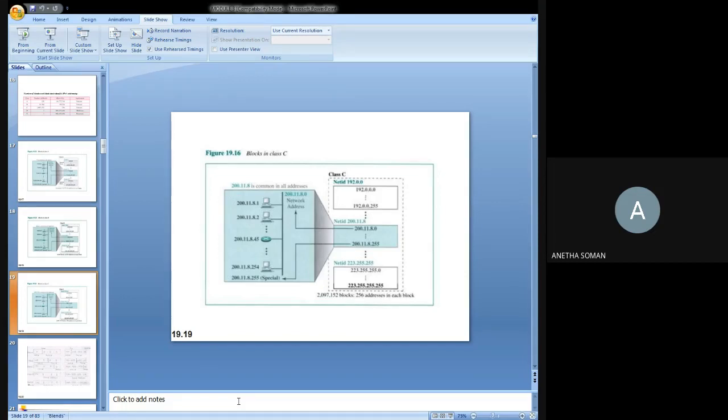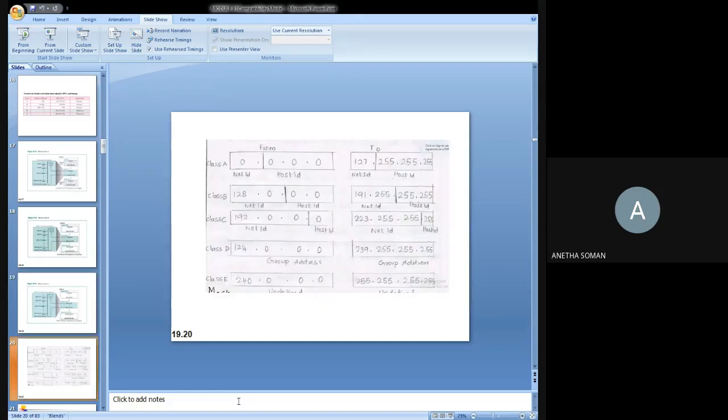So the organization should be small enough, and the addresses provided to each block are limited in this case. Okay, so many organizations don't want a block in this class C. So the number of addresses being provided in class C is less than the needs of the organization. Okay, now the summary of what I have told so far.